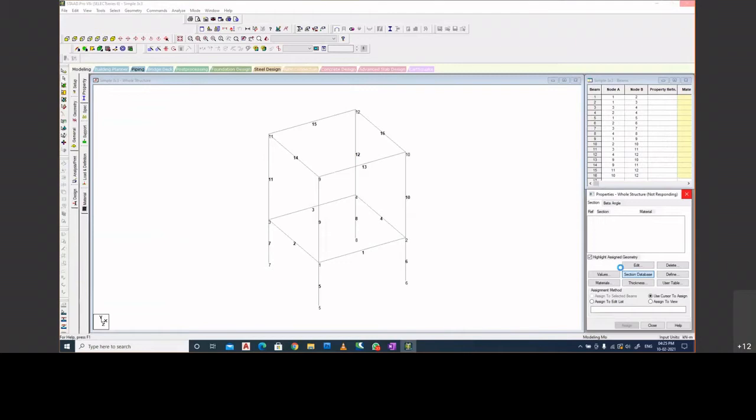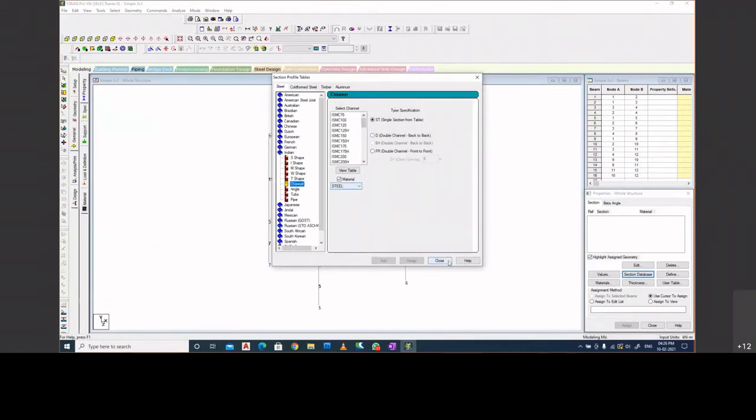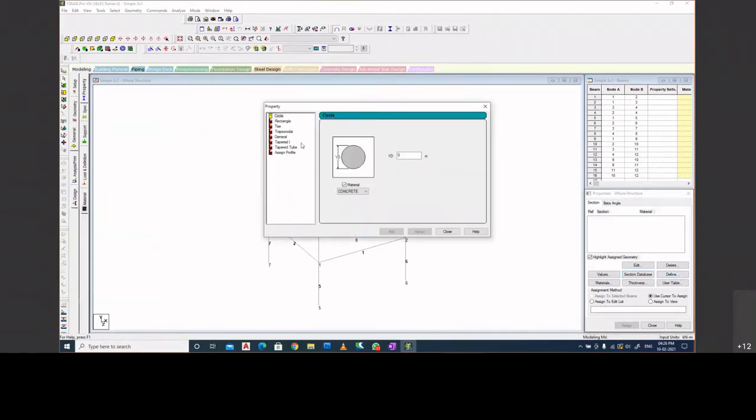You can opt for IS code, or there are different codes: British code, Canadian code. Right now let us stick with Indian code, and you can have different shapes. As I told you earlier, we use these shapes for steel sections. Right now we are considering an RCC structure, so let us define our sections. Coming to define, we have different types of shapes: trapezoidal, general, tapered. We'll stick with rectangular. Please focus here that the first value we need to enter is the depth of the beam instead of width. YD provides the depth of the beam.